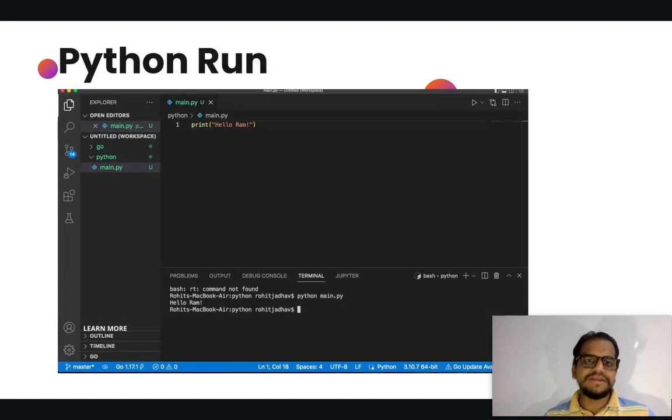Python run. It looks like this. Run Python. I just created a Python folder and main.py. Here it is showing print hello RAM, and I run it using python main.py, and it shows the result hello RAM, like this way. So next,